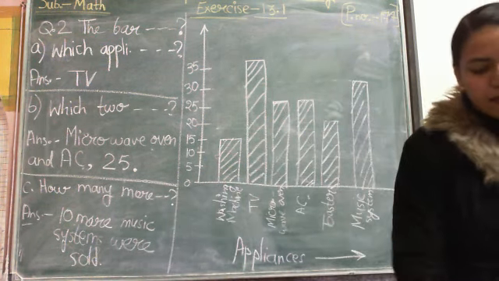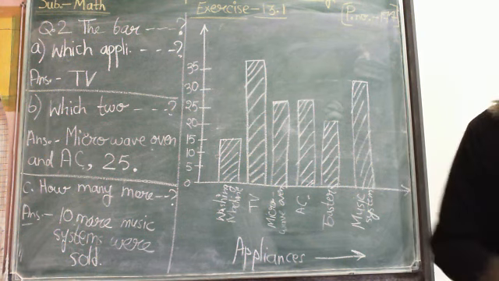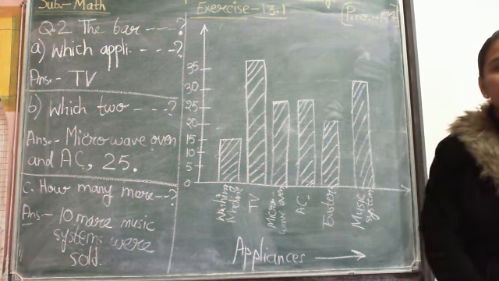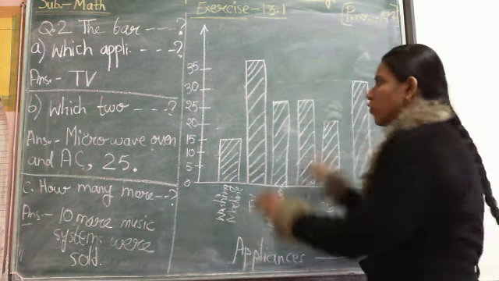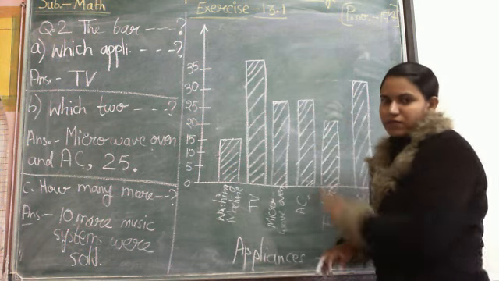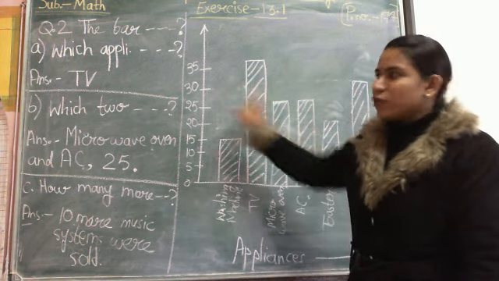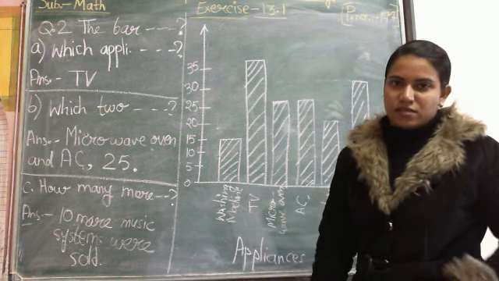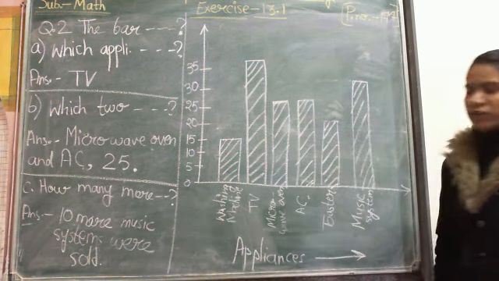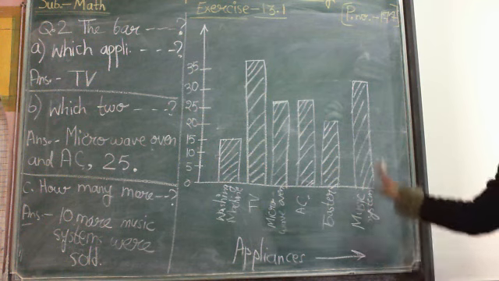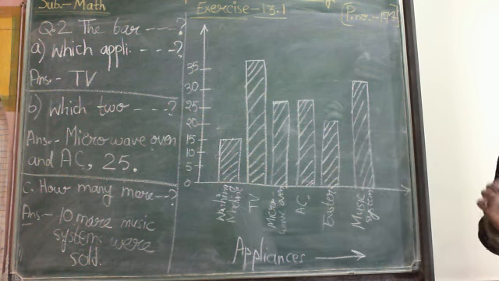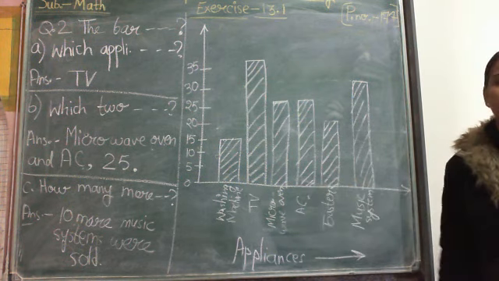The exercise is complete here. It is a very easy chapter, okay? To answer the questions, what you need to observe? You need to observe the given bar graph. By observation of the bar graph, you can answer the given questions very easily. Note down the answers properly. In your copy, you will draw the bar graphs with the help of a pencil and scale. The width of each bar should be the same.